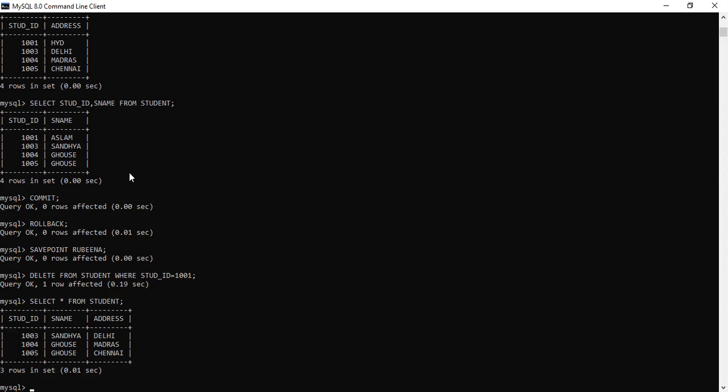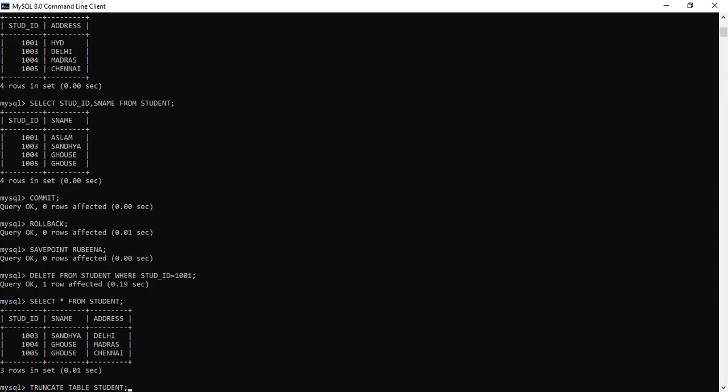Now if I use the truncate option, so now we are using the truncate command. Truncate table student. If you remember, what does truncate do? It deletes the complete table data along with the memory that has been allocated for storing this 1003, 1004, 1005, Sandhya, Gauss.